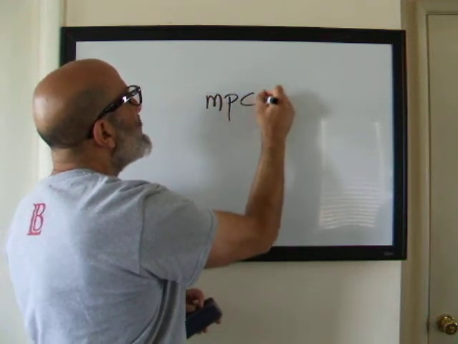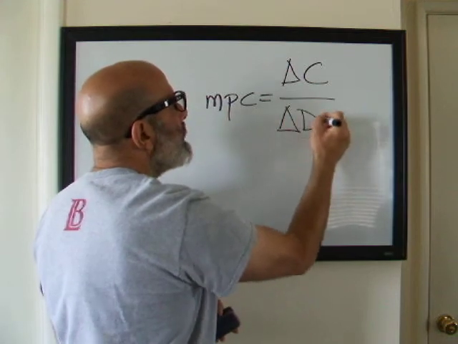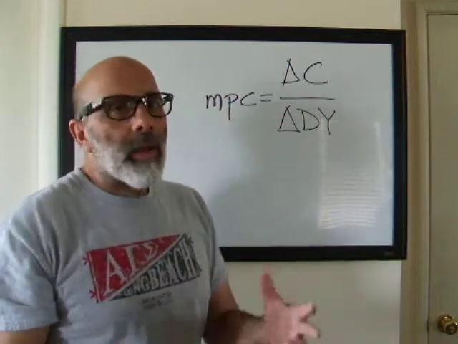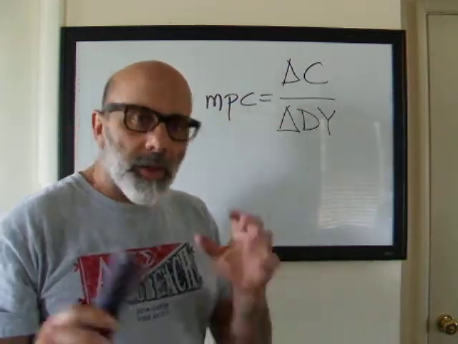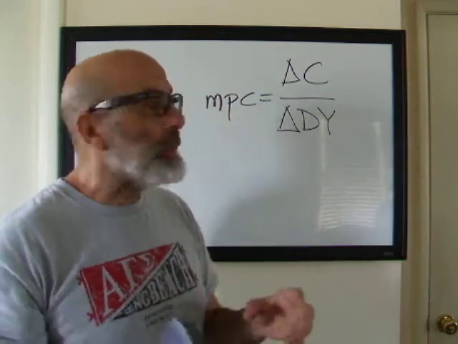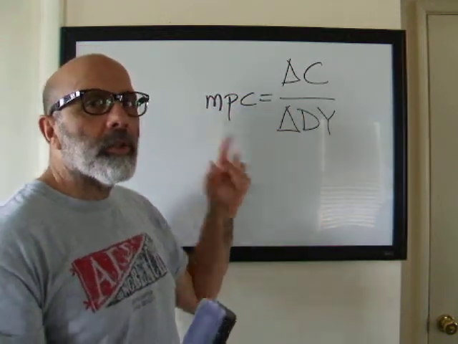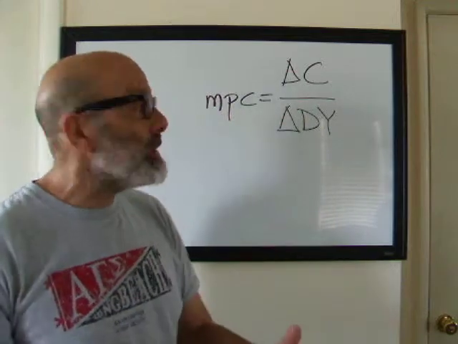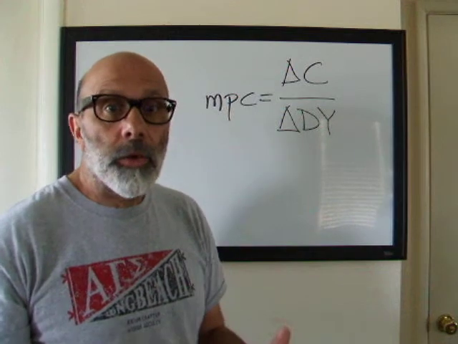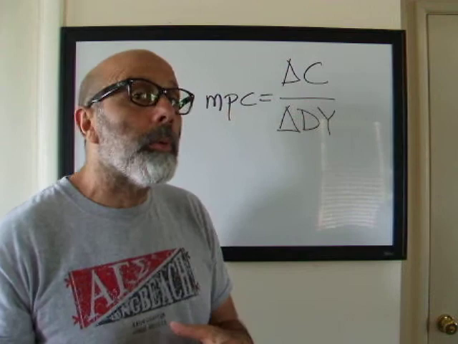Marginal propensity to consume is the change in consumption over the change in disposable income. So, in economics, we simplify arguments all the time, other things being equal. We try to isolate variables to see how they react with each other. And so we're really trying to just focus on these variables here. In economics, marginal means the change or the next one or the additional one. Propensity is like the frequency of an occurrence or the likelihood of an occurrence. It sounds almost like the mode in algebra or a statistical probability in statistics.